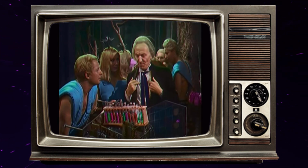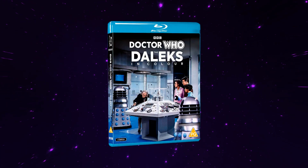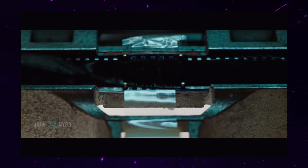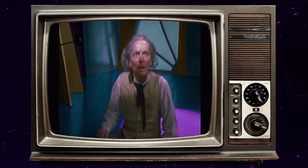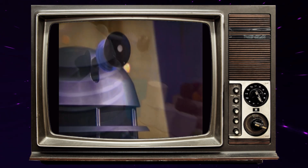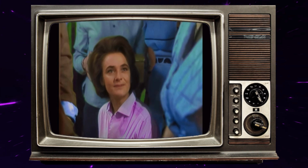For me, though, the colorization is one thing, but cutting more than half the story down is, I think, very detrimental in this new edition. The way that it's all edited together and how some scenes are cut down or removed entirely is, for me, the biggest thing I had problems with. They seem to have done as much as they possibly can to try and transform this into a very new series-like episode. But for me, it becomes more of a Frankenstein-like creature,